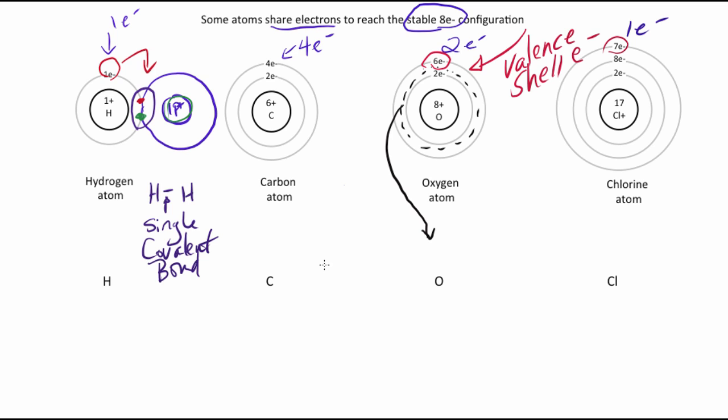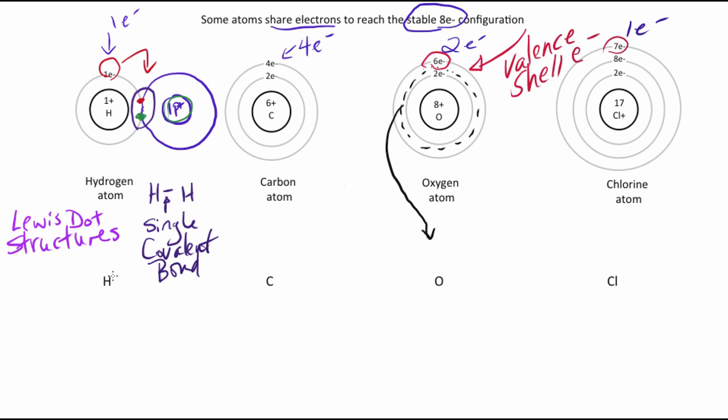So each of these, carbon, oxygen, and chlorine, each of these symbols, again, represent everything except the valence shell electrons. And so the Lewis structure, they're sometimes called Lewis dot structures,